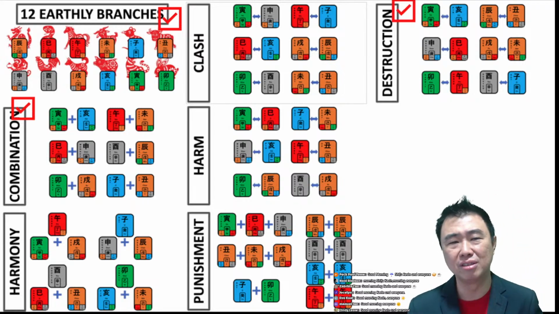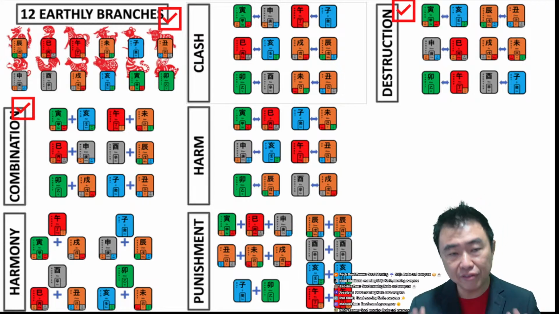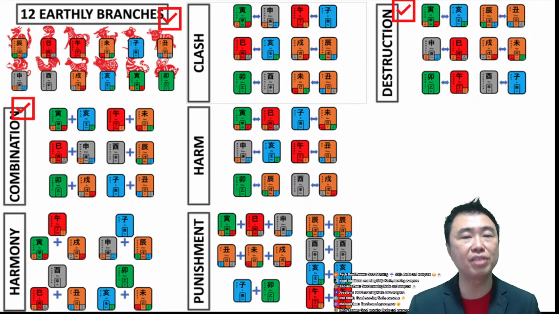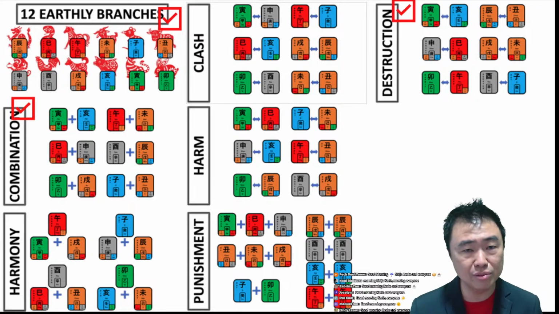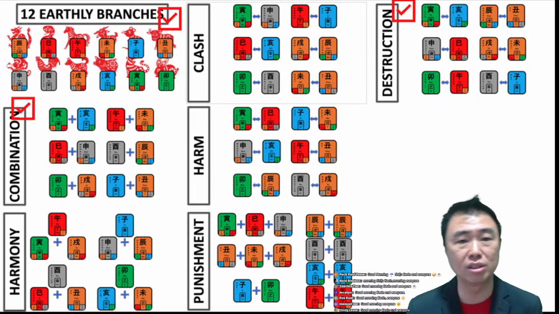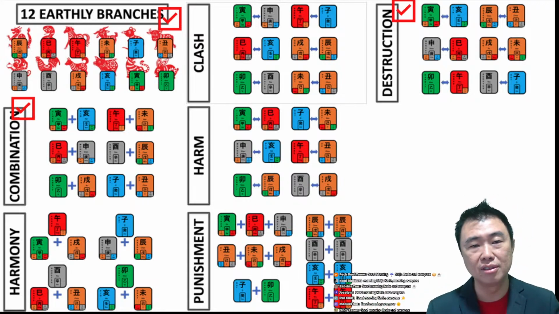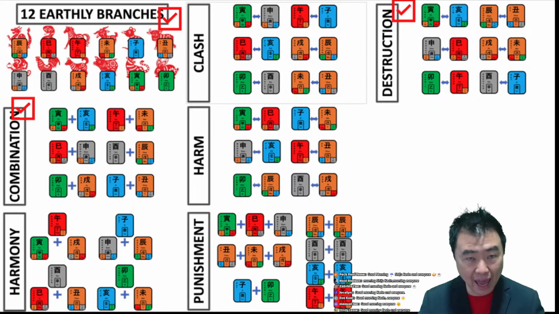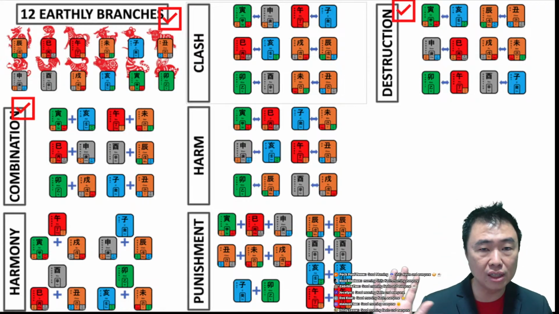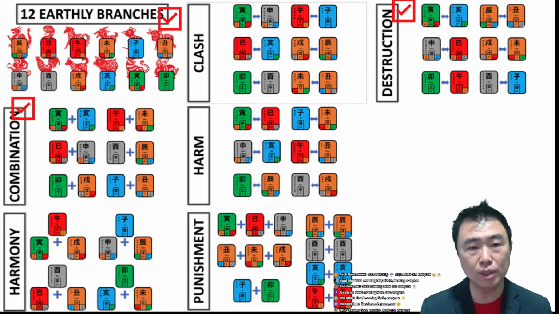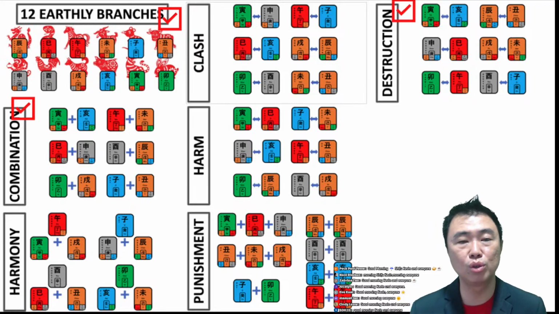So that's why I say that your BaZi chart is not special. You go through everything that other people have gone through. It's just that the intensity is different. Right? Every single animal sign has their combination. Every single animal sign has their three harmony. Every animal sign has clash. Every animal sign has harm. Every animal sign has punishment. Every animal sign has destruction. Right? It's just that the intensity is different. So in 12 years, you are not special. Right? So it's just how do you handle it, how do you fully leverage the situation? That's all. That's the only difference, right? So once you can do what we call timing, it's great. So now you know what are the things to expect.